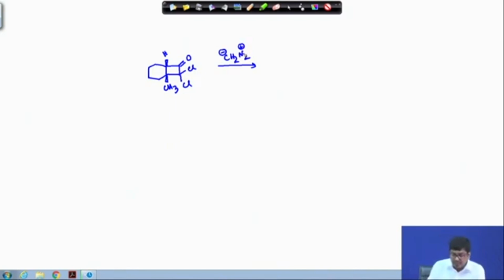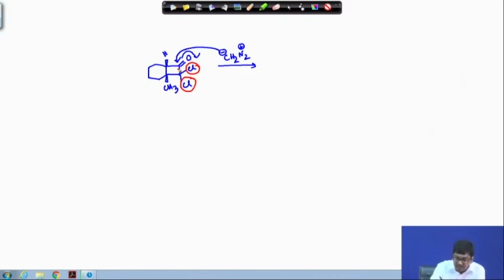Okay. So, now this can nicely react with this, okay, because of having these two chloro groups, they have a minus I effect,